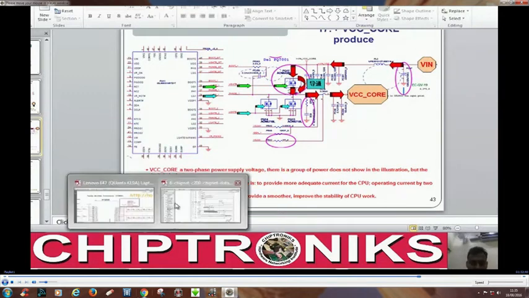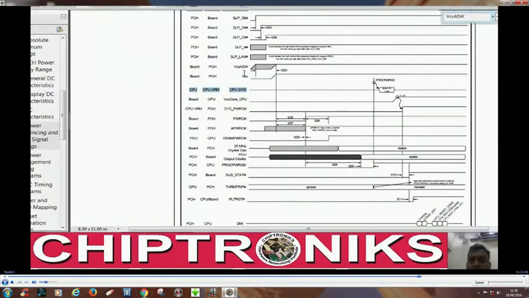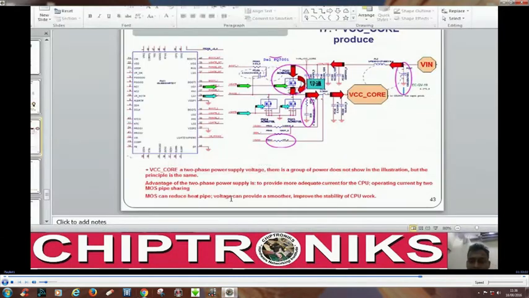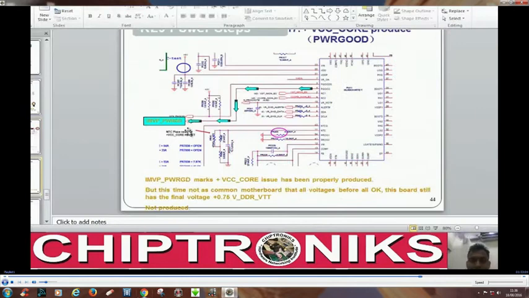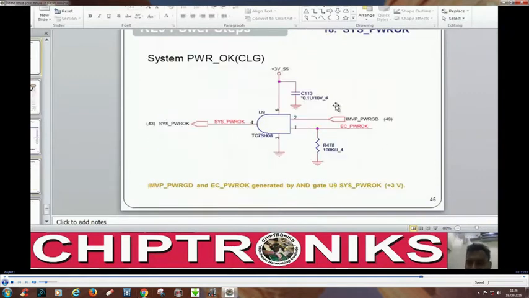And you can see over here in the power sequence, CPU is providing the CPU SVID, and then VCC core CPU is generated. After this VCC core CPU is generated, it will provide IMVP power good. You see the power good is connected with the IMVP power good, and the IMVP power good and EC power